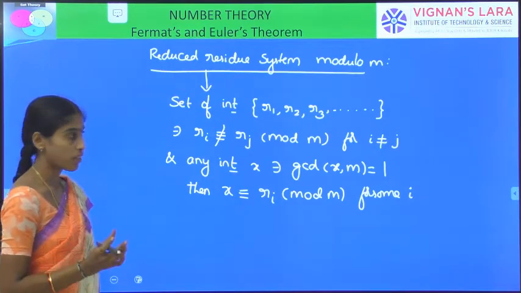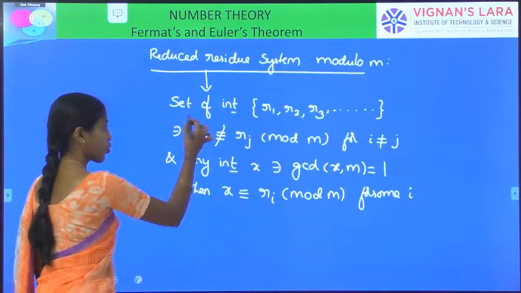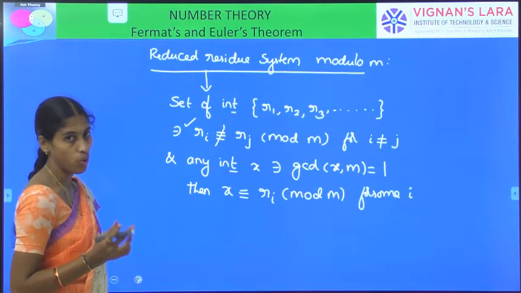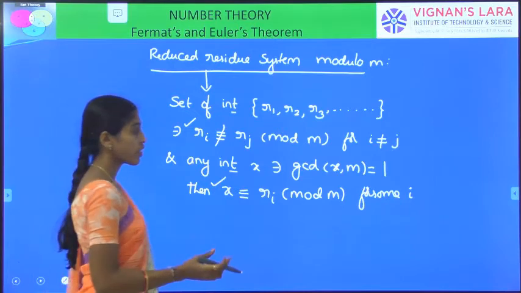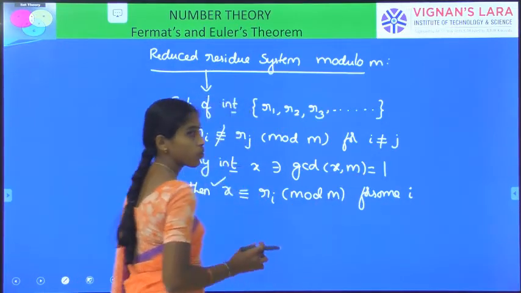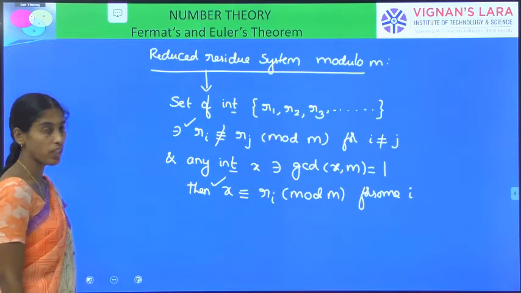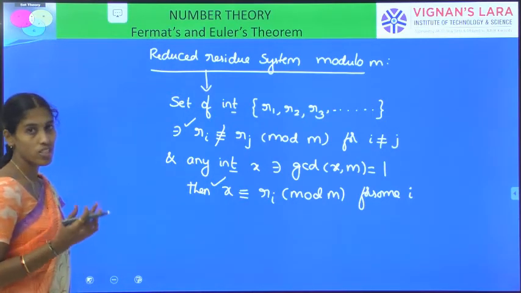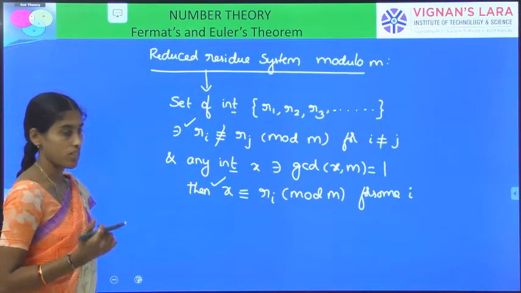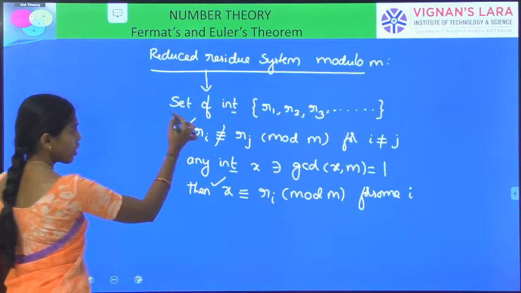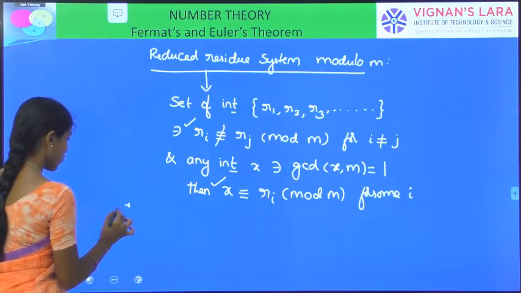A set of integers which satisfies the first condition, no two Ri are congruent modulo m, and the second condition, if any x has GCD of x comma m equal to 1, then x must be congruent to some Ri modulo m. This is the definition. Actually, the definition is not required by itself, but we use it in the proof of Euler's theorem, right? So for any such set of integers, then next note,